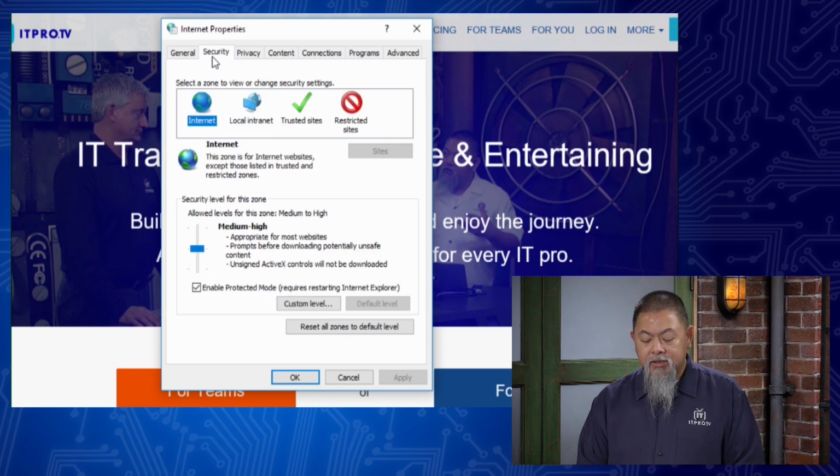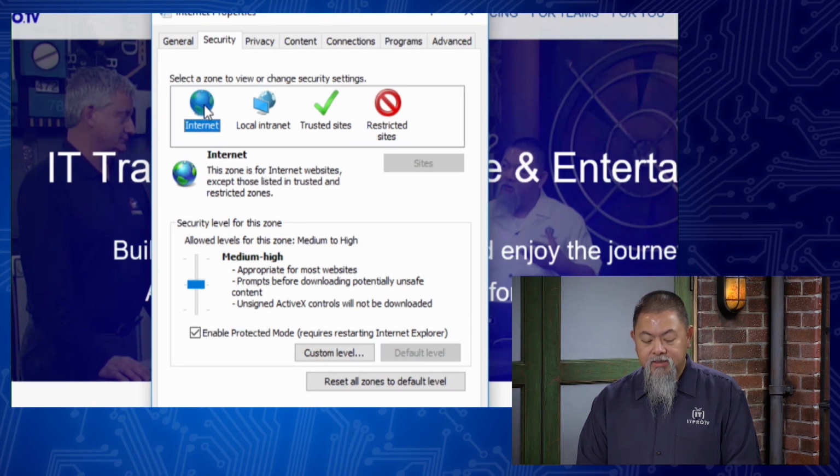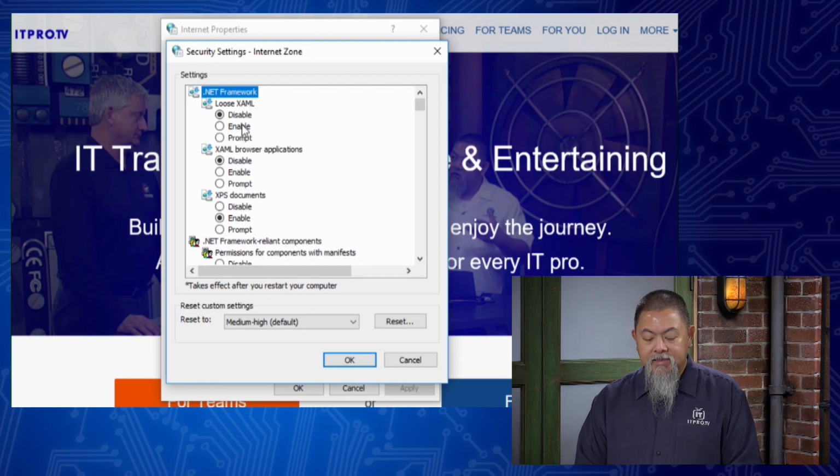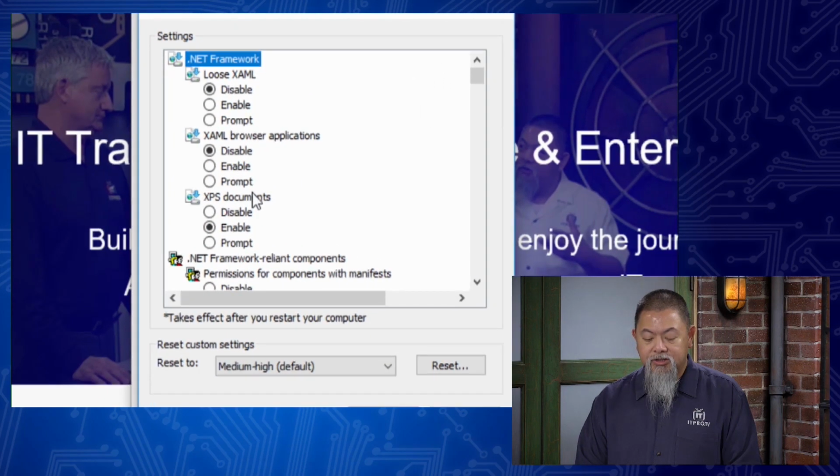Then I can go to security. Since Don mentioned security, that's a natural path to do this. For me, setting up the settings here for this zone called Internet, which is what everything is actually done by default, then I can come down here to where it says security level for this zone and select custom level. It's in here that you start to see things you may not hear about or be very familiar with. But notice it starts to talk about some of what it looks like starting with a programming language.